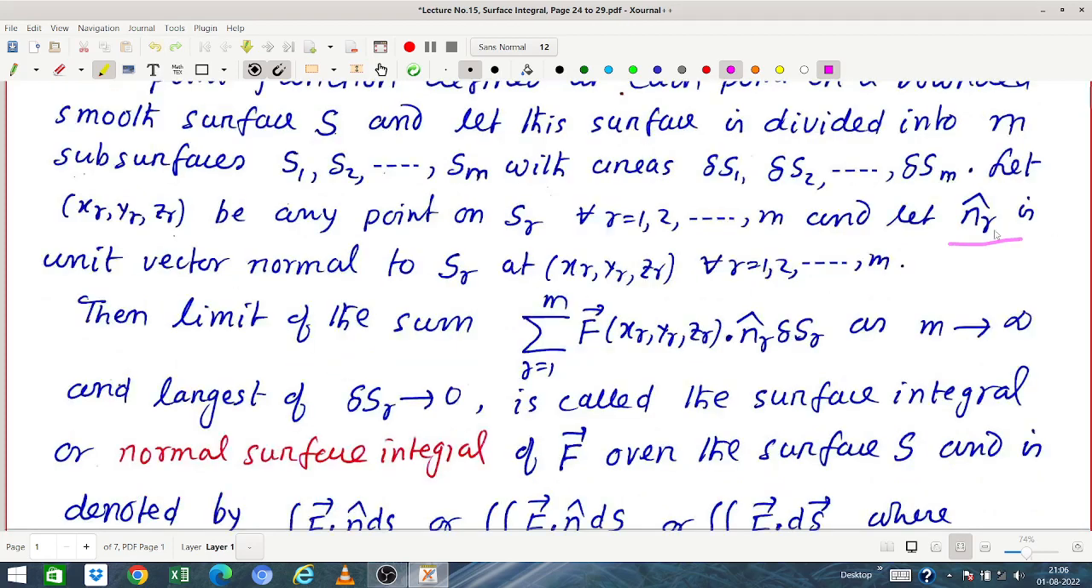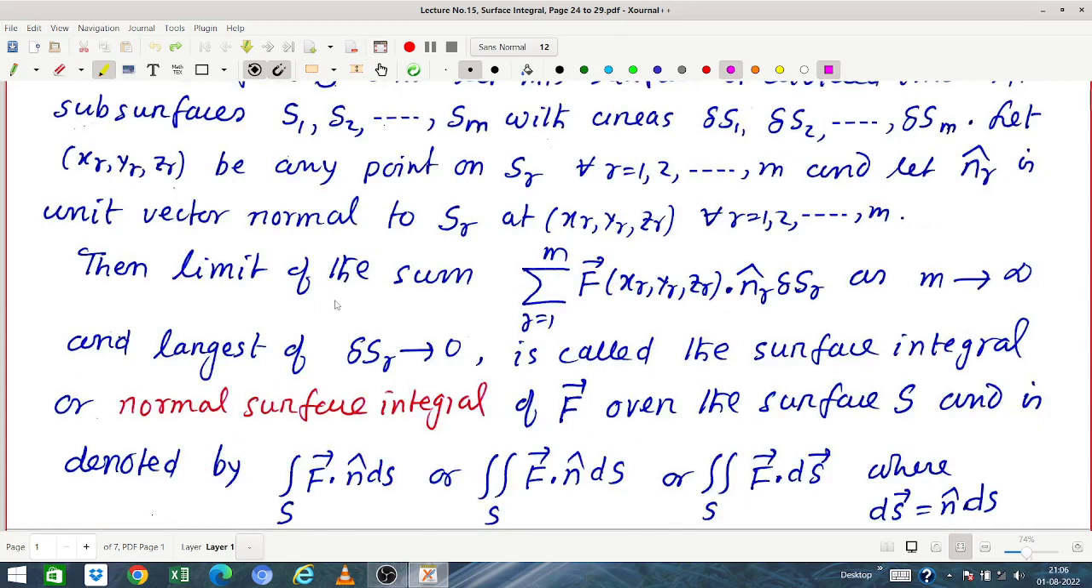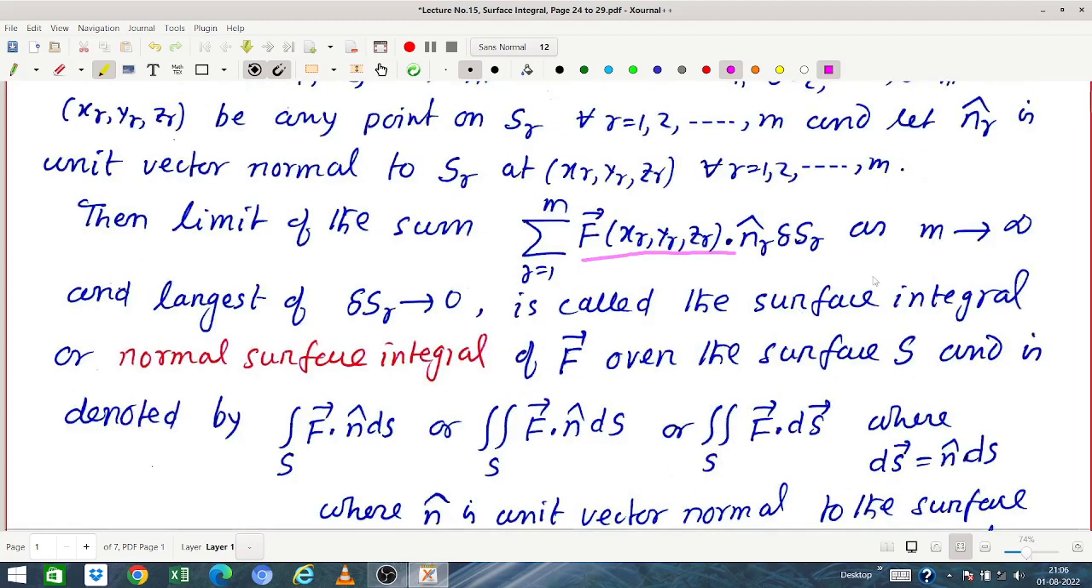And let nr cap be the unit vector normal to the surface Sr at the point (xr, yr, zr), for all r from 1 to m. Then consider the sum of F vector at (xr, yr, zr) dot nr cap into delta Sr, the vector function value at the point dotted with nr cap into the surface area. Take the limit of this sum as m tends to infinity, the number of divisions tends to infinity, and